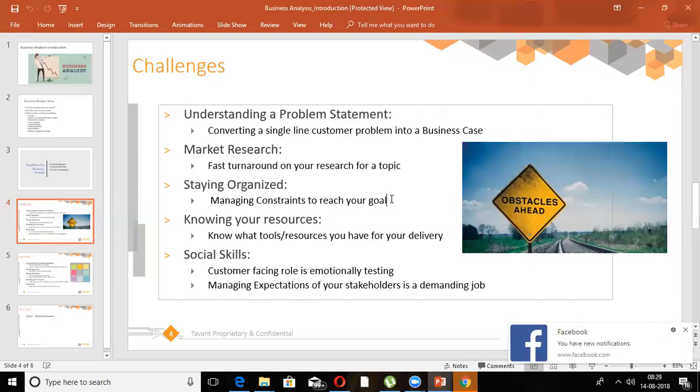All right. Pretty generic. So let's move to the next point. Knowing your resources. Knowing your resources means knowing what tools you can use, knowing what information you have, and how you can use that to